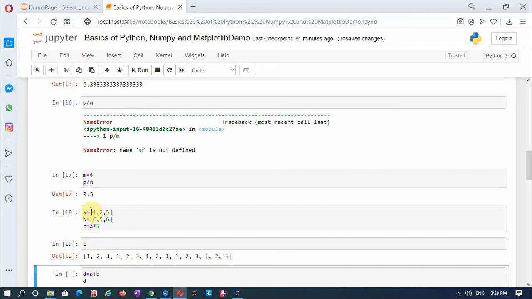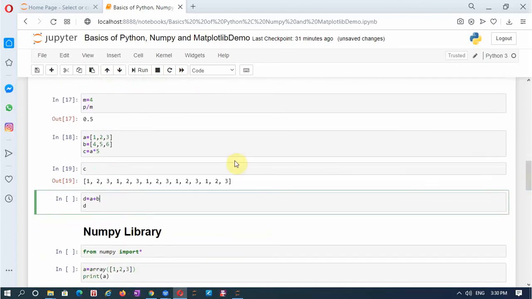A, which is a list of numbers 1, 2, 3, a new list C has been created by repeating this 1, 2, 3 five times. So C is another list with dimension 1 row and columns which are 5 times the columns in A, and the values which are in A are repeated 5 times. But what we intended to do is we wanted it to multiply element wise. Multiplication is not possible.